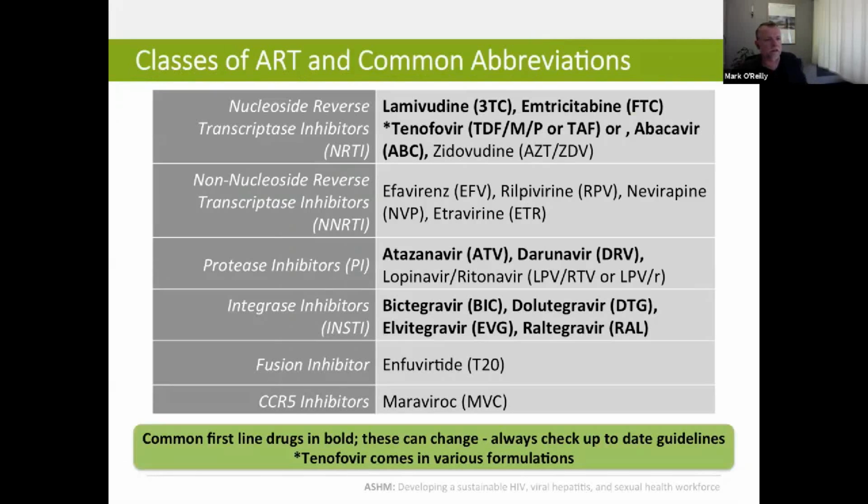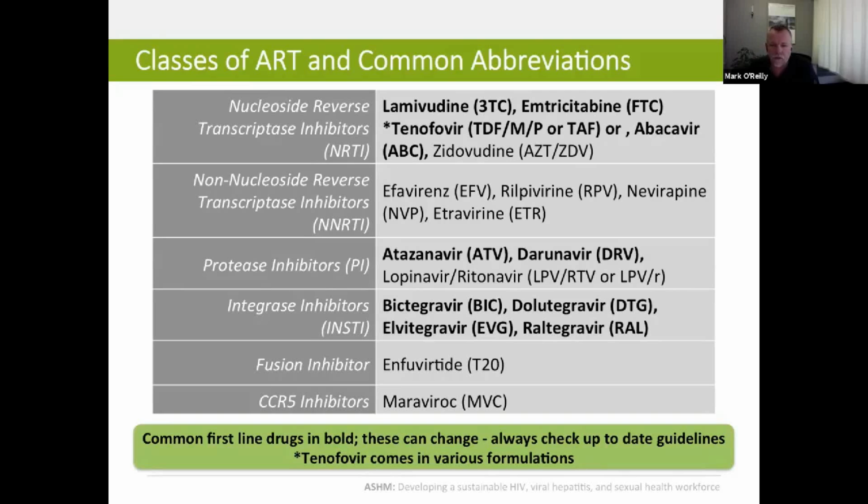So this table lists the classes of antiretroviral therapy, and there are some common abbreviations. So the NRTIs, or the nucleoside reverse transcriptase inhibitors, common drugs in this class include lamivudine, or 3TC, emtricitabine, or FTC, tenofovir. Now, tenofovir has a number of salts or formulations. So TDF was the older one that we used previously, and it's in Truvada, which has been used for PrEP